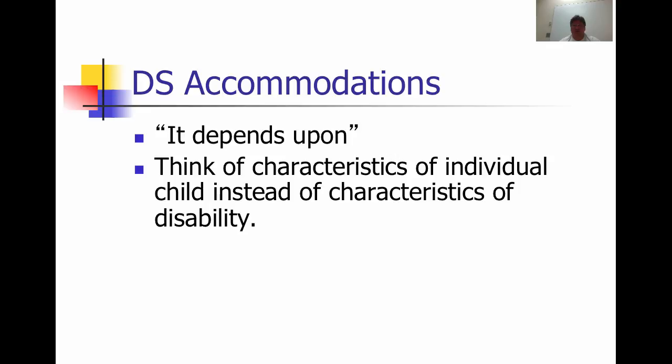A couple of slides here may be more relevant to some of you than others. If you're working with someone with Down syndrome, either as a patient or as a client or as a student in a class or individually, we need to think of some accommodations that you would make to help that child be successful. And there's no magic formula here. It all depends upon the child. So you need to think of the child or the person rather than the characteristics of the disability. We can't say, oh, this person has Down syndrome, we need to make this modification. You always have to think about the individual and focus on their strengths and abilities